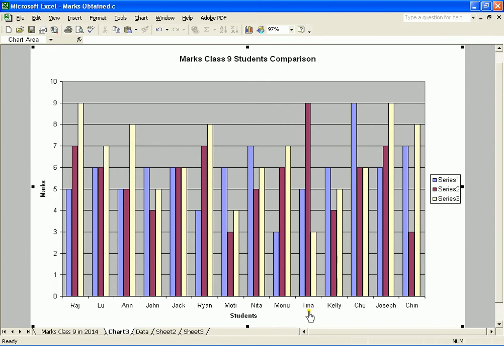Why did Tina get excellent marks in one exam only? Similarly, if somebody got very bad marks just in one exam like Chin, we have to see what happened. The family situation was not good, he was sick or something like that, and then fix that problem. Like here we can find out what happened to Tina. She was improving so much and suddenly